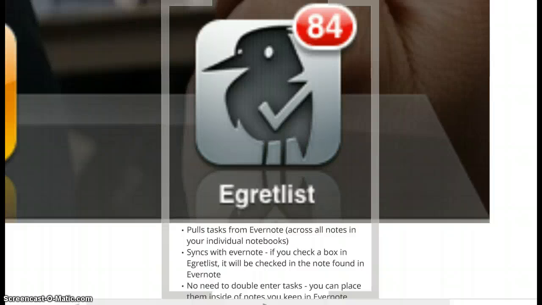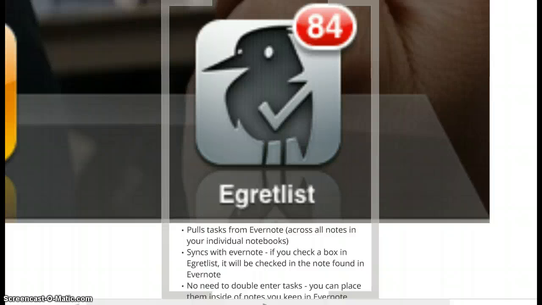What this does is in Evernote you can create what's called tasks by just clicking a button, and you'll find the context of that as you learn Evernote. And you can do this in between notes, so you can have, say, 50 notes, and you can create maybe 4 or 5 tasks within each. But what Egret's List does is it will pull across all the notes in individual notebooks and show you your tasks or to-dos based on your notes. So you can be taking a single note, and instead of pulling out a separate to-do list, just create a to-do item within a note, and Egret's List will go through, comb, pull them all together, and show you